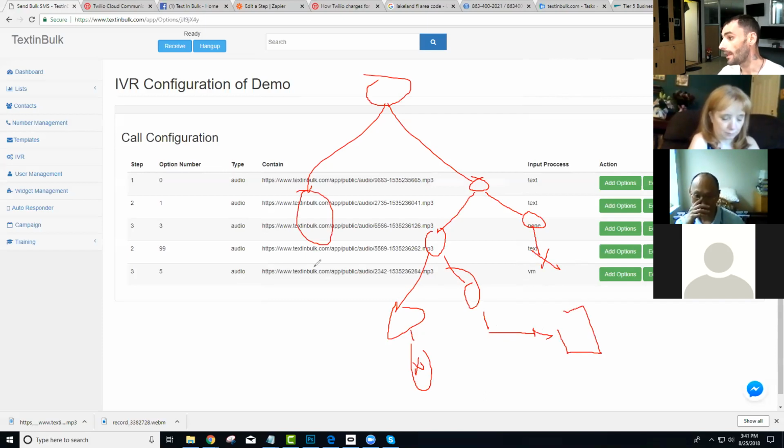Every other option, if he gets here, I'm going to hang up the phone. Now my caller is going to come inside here. He's going to hear some audio. If he comes over here, he's not a good client for me. If he comes over here, he may be a good client for me, but if he comes over here, not